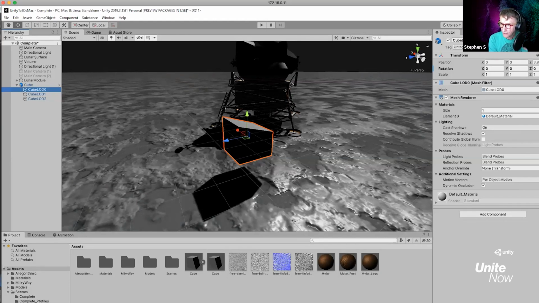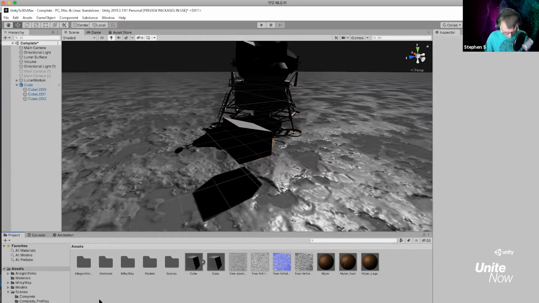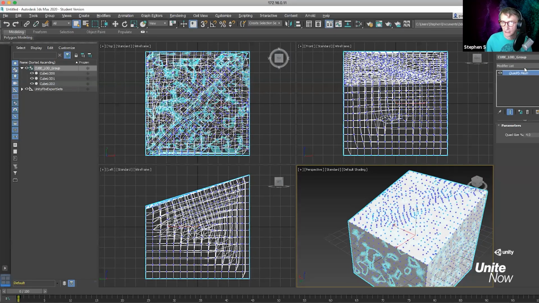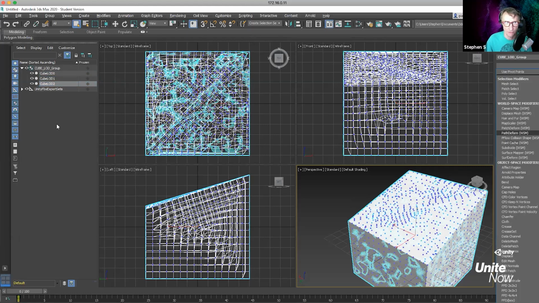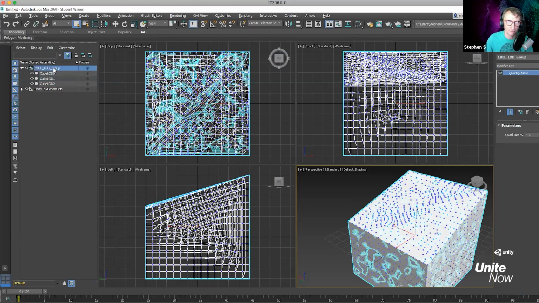There's an option to reduce the LOD in 3ds Max, it's not there. There's only editable mesh. I think I responded to that one too, because like I said, you have to go to the modifier list. When you select each cube, you go to the modifier list and then add that quantify mesh back in. Sometimes when you create the new group, it just hides it, so you have to add that back in, but it's still there. So hopefully that answered that question.